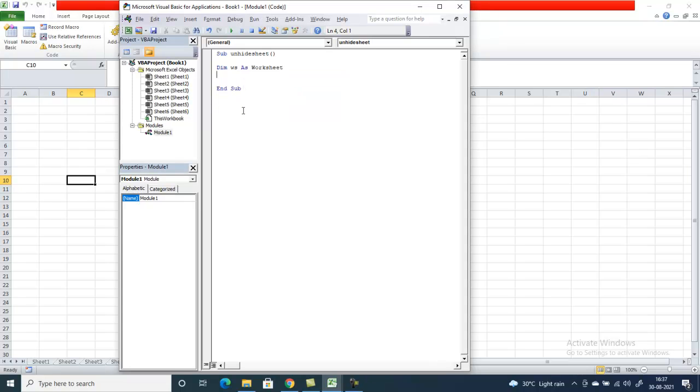We are going to use a For Each loop in this code. So, For Each WS, that is worksheet, in ActiveWorkbook.Worksheets,